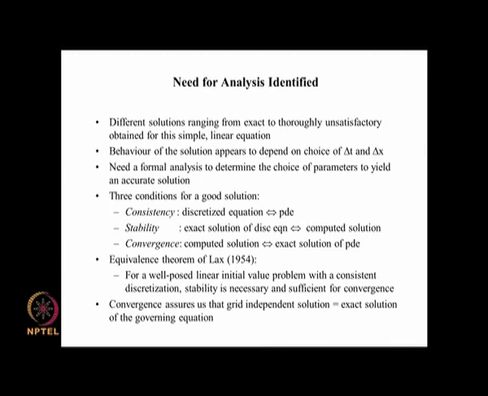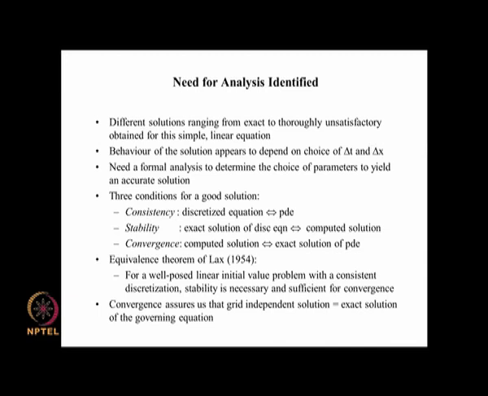So, for example, if we solve for the temperature variation and deduce from that a heat transfer coefficient, the heat transfer coefficient is obtained from the gradient at the boundaries. So, the gradient at the boundaries may be either less sensitive or more sensitive than the temperature at a particular location within the domain.